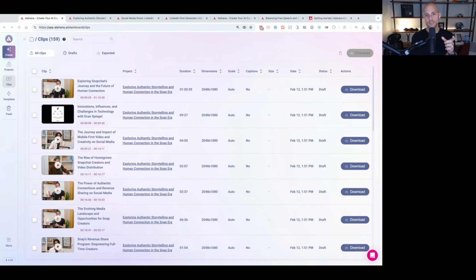Clips are just the extracted clips from any of the video content, and it doesn't matter if it's a YouTube Short, TikTok, or Instagram Reel. Inside of this dashboard of the Clips Manager, you're just going to see them as clips. The other thing is that clips isn't the full video, so you're not going to see the full video that you uploaded here. This is more about all of the clips that were generated from your projects.